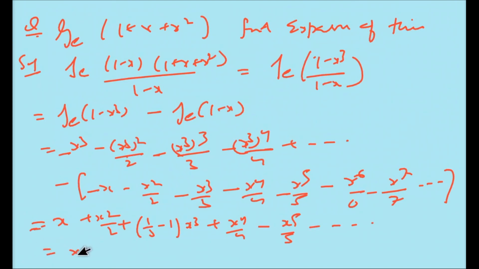Now we get x plus x square by 2, this will be minus 2 by 3 x cube plus x4 upon 4 minus x5 upon 5 and so on, and this will be your answer in ascending form. You can write more steps if you want to. Okay,